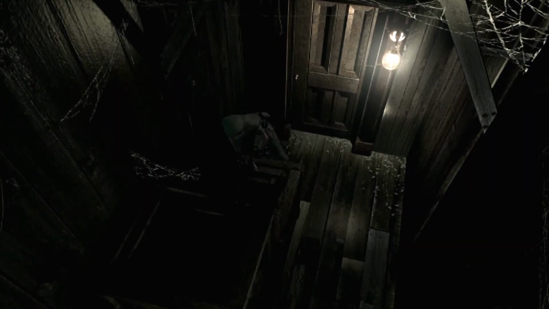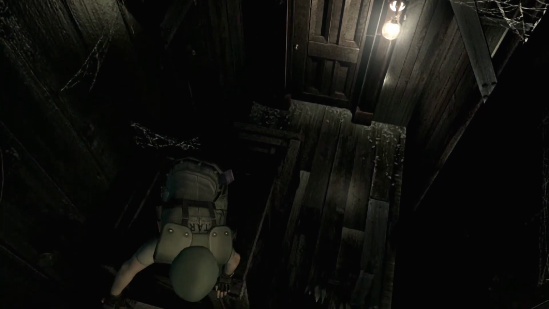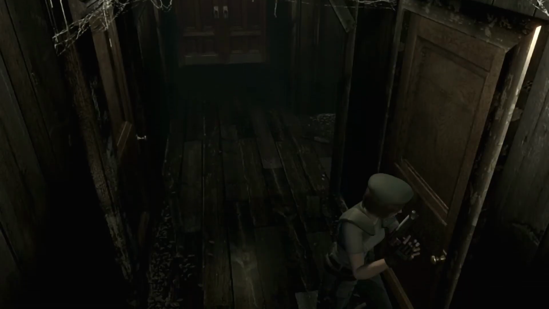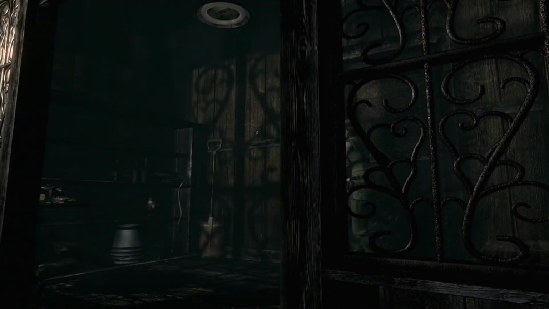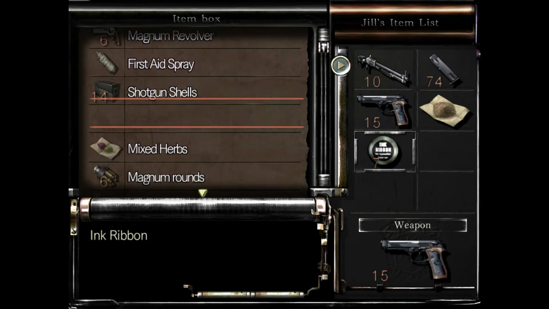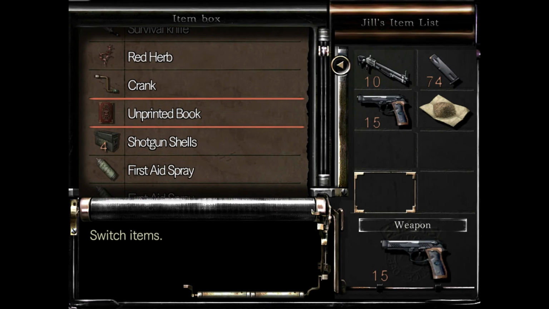Only reason why I was fine with doing that is because you can see I have a bunch of heals and first aid sprays, so I don't need to worry about that. I say that now, and then later on in the game, I get my ass handed to me and lose everything. Put the ink ribbon back, and we need...